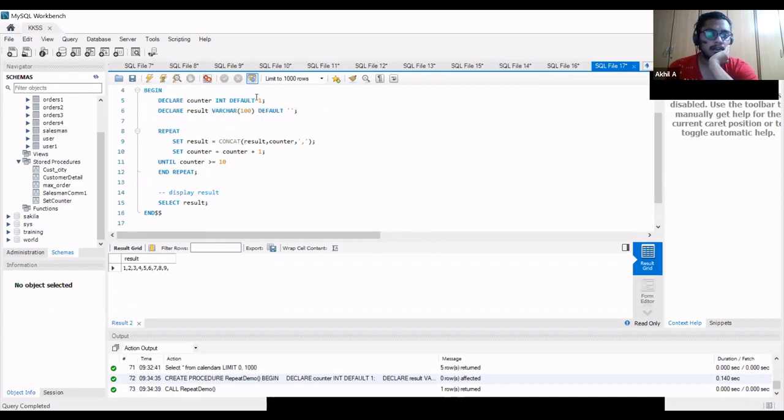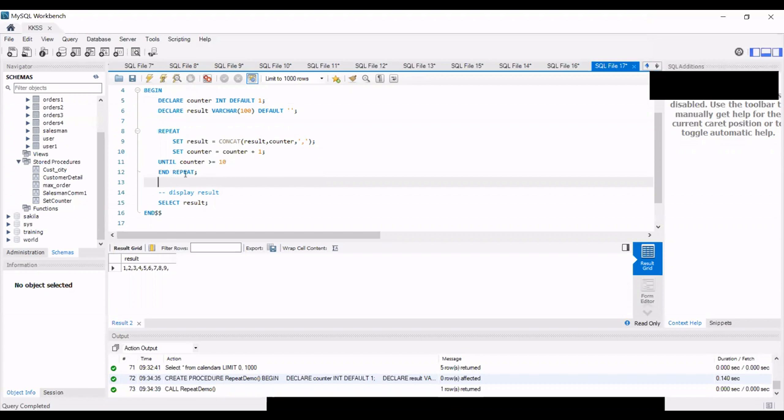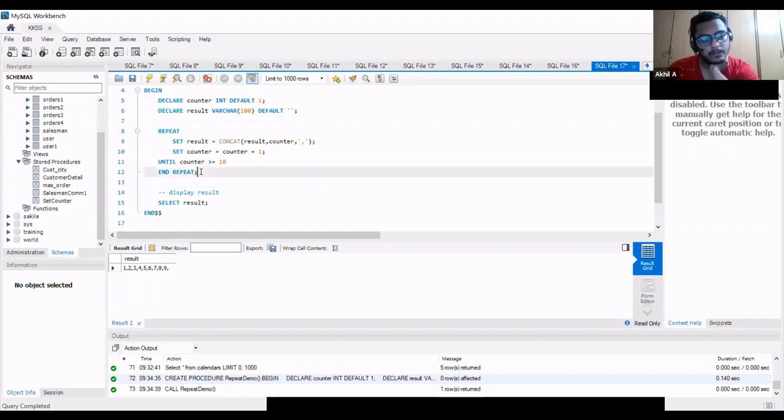Once it comes to 10, does it still satisfy that condition and try to redo that set result again? No. If the counter is greater than or equal to 10, it will get out of the repeat, because there's an until condition. So when it equals 10, it will just end repeat. Okay. Yeah.